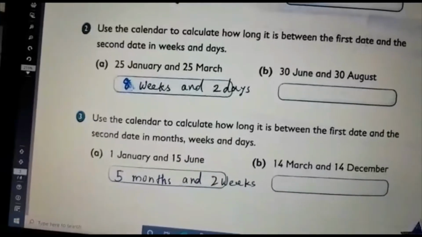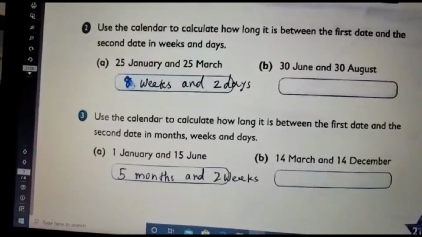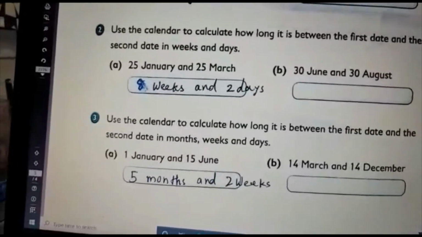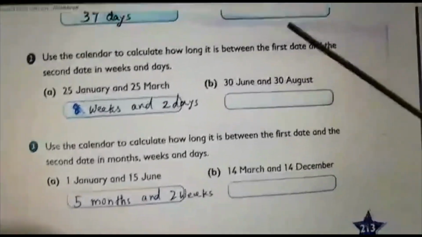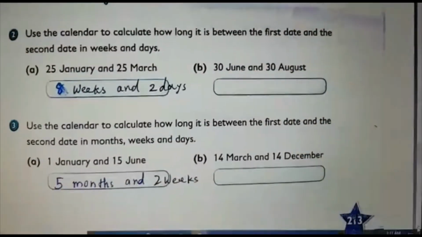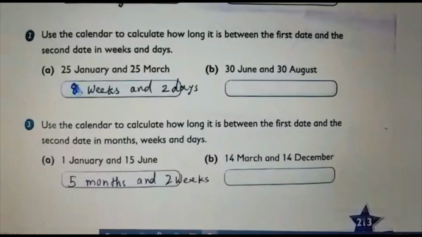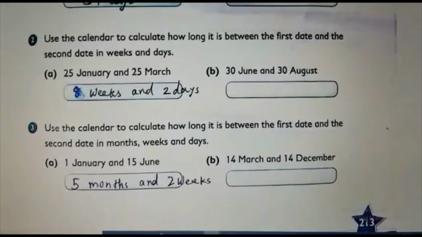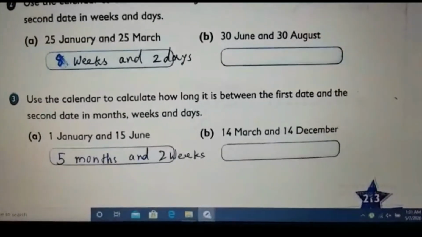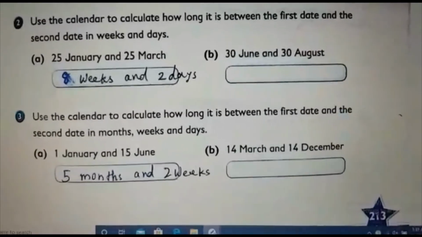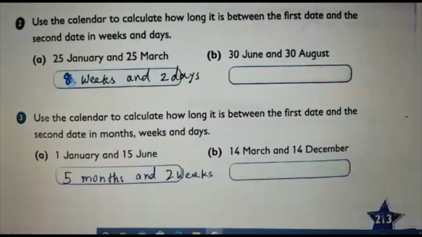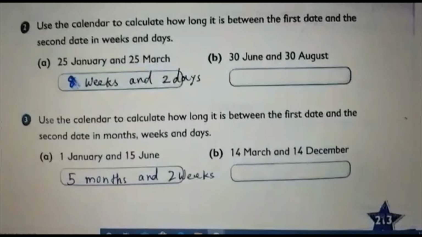So first you take one topic. First you take the topic timetable, then do the homework for that. Then afterwards, the next day you go through which one? Calendar, and do the homework for that. And the third one is time zone. That also is a very short portion. That also you can finish. First you listen to the explanation, then you do the homework. Okay. And if you have any doubts, anytime you can contact me.